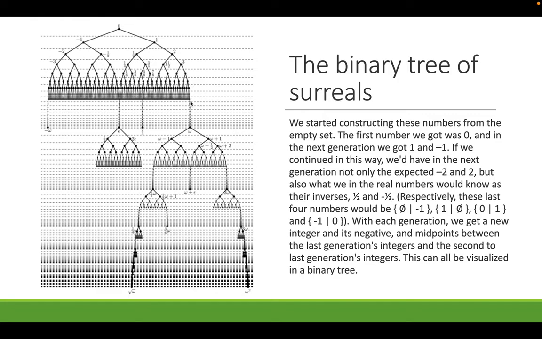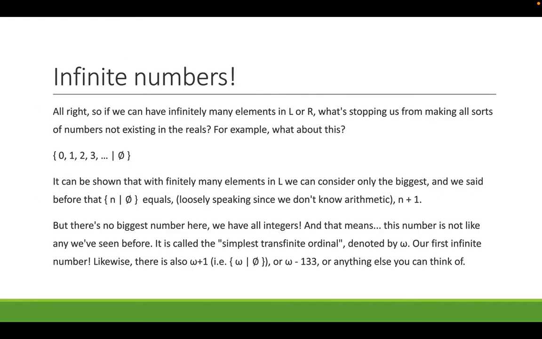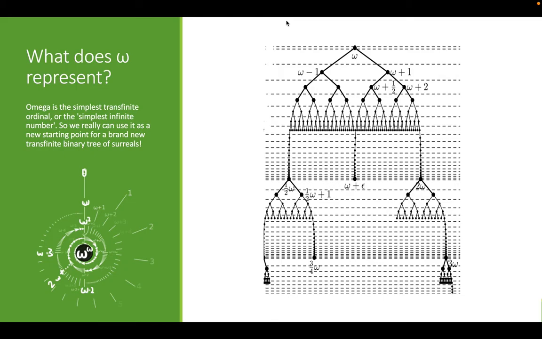And here would be omega. Well, not really. It would be after infinitely many steps, but still. Now, if we wanted to get to 2 omega, we'd have to go infinitely many steps till here, 3 omega till here,